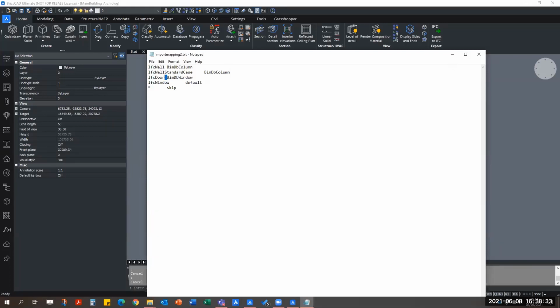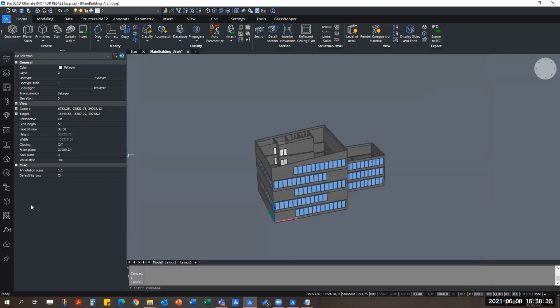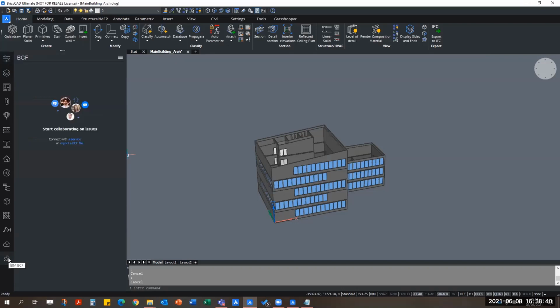Right, so let's move on to the next one. The next one is about the VCF panel. If you go onto my side panel on my left, that's the one at the bottom, and it's the VCF panel. A VCF panel is where you have the option to log into a VCF